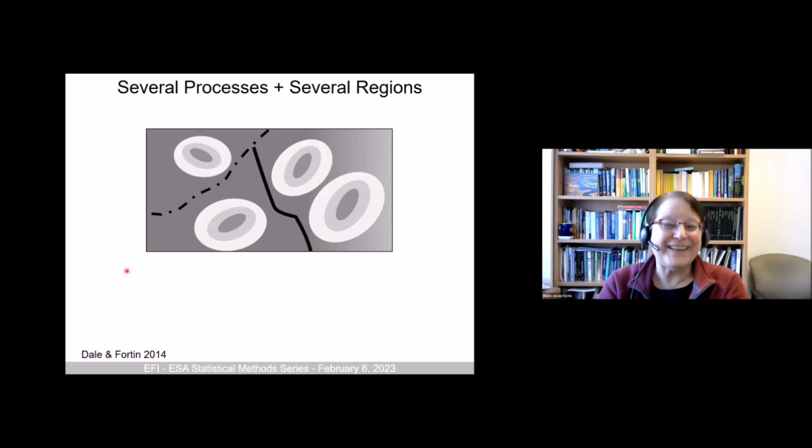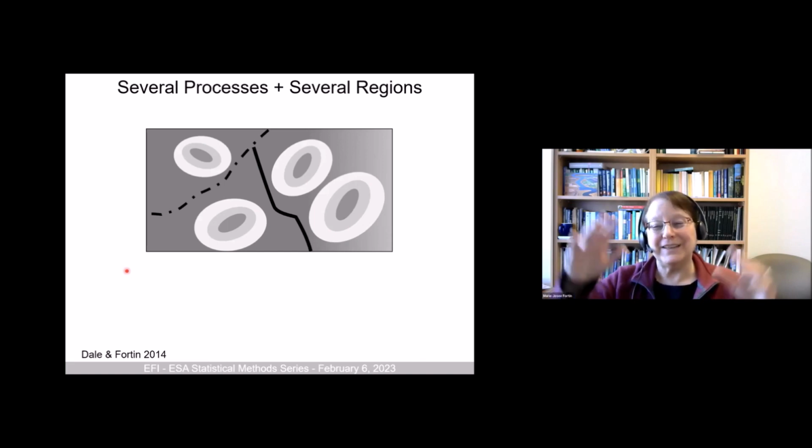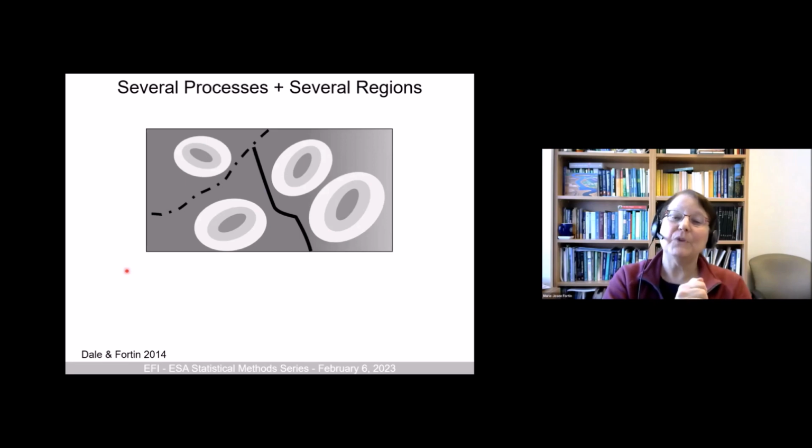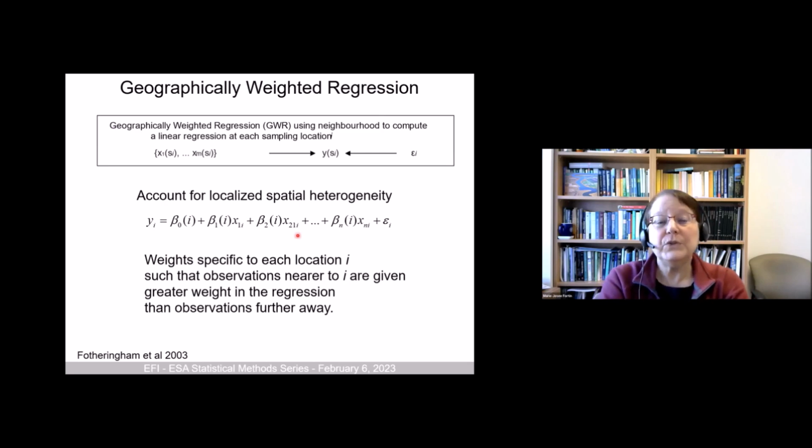Then, of course, you could have not only a large scale and a smaller scale, but you could have some regions. So this region is administered by someone that has different goals, and this other one is maybe a different soil type. So you can have not only several processes, but you can have several regions. This is a case where the eigenvector maps will not be able to capture those several regions. So one solution is to do a regression for each sampling location. So this is known as the